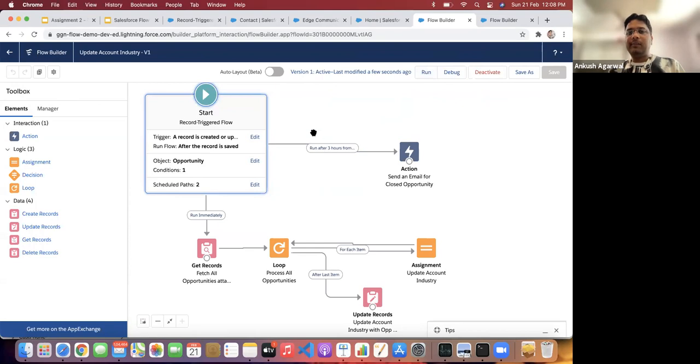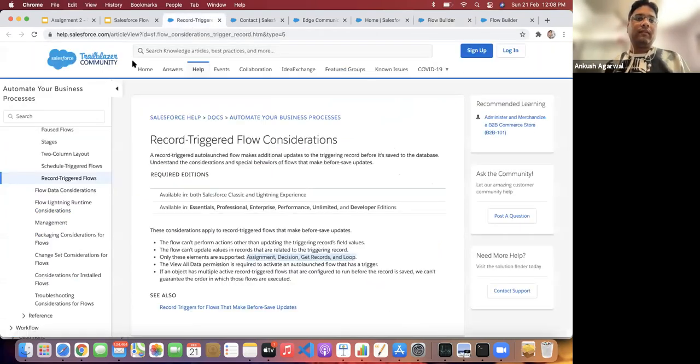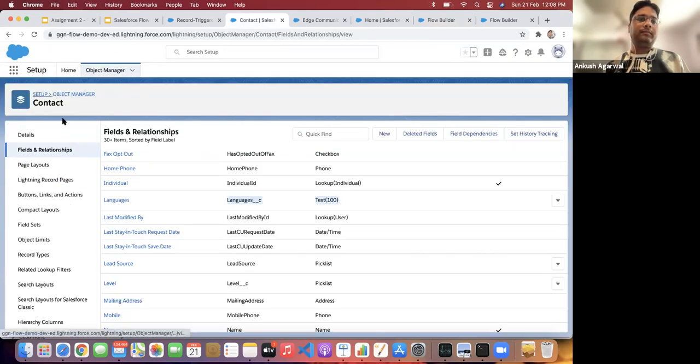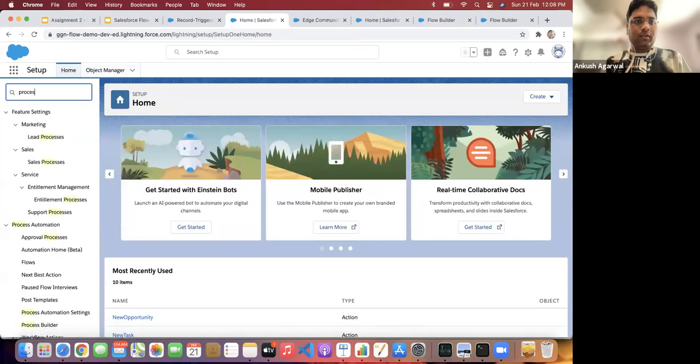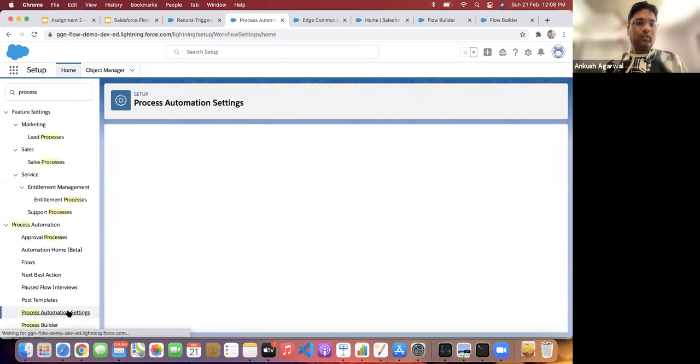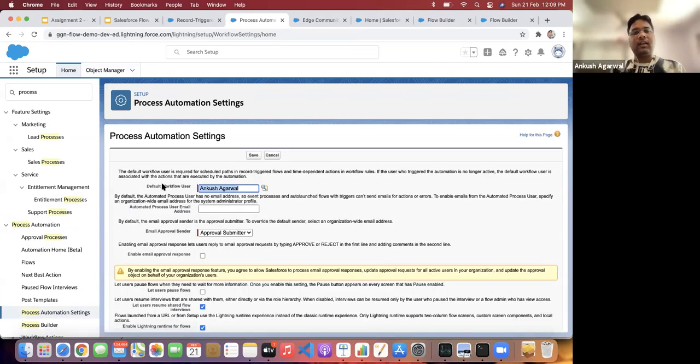And one more point which I missed telling you guys: whenever we use this run after 3 hours, like this scheduled action, we have to go to the setup, and in process automation settings, make sure that default workflow user is selected, because if you are creating a new org, it may not be selected.